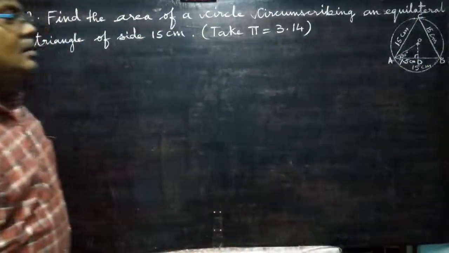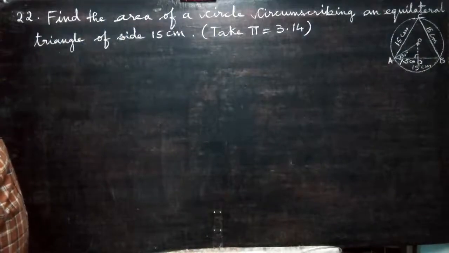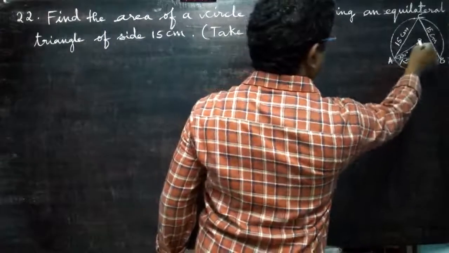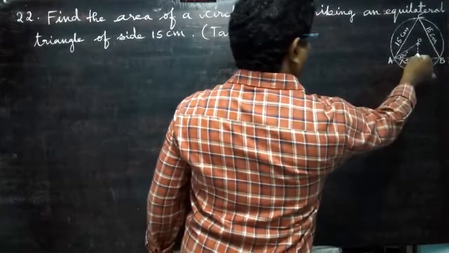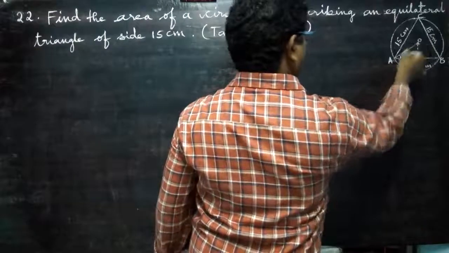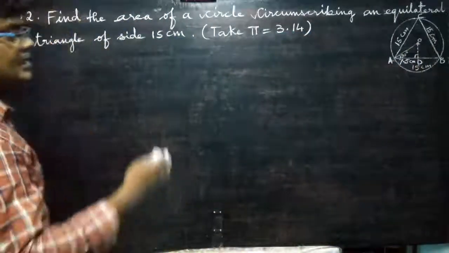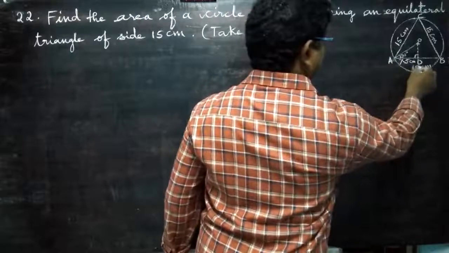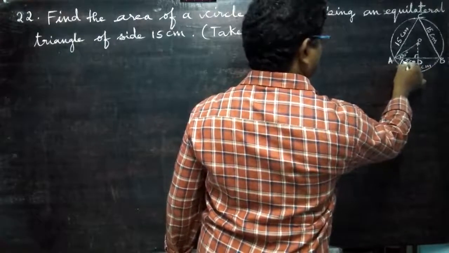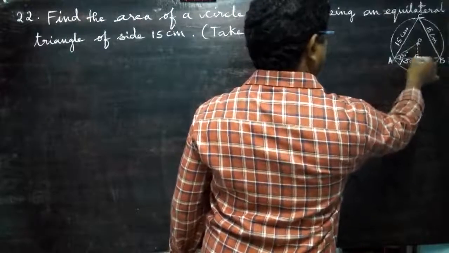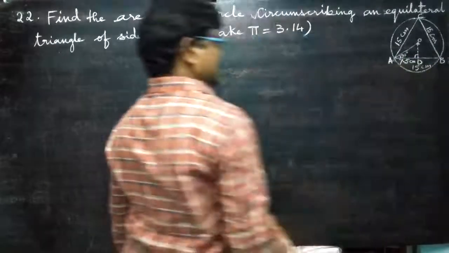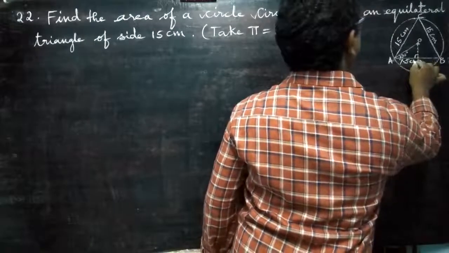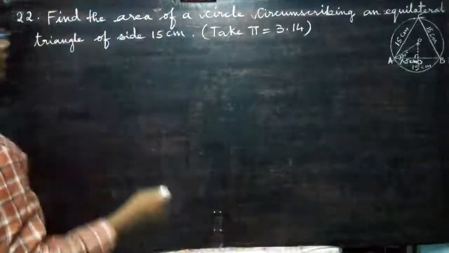Now ADO is a right angled triangle. Can you see clearly? So ADO is a right angled triangle. Which one is the hypotenuse? Opposite to 90. OA is the hypotenuse. That is the radius, that we have to find. So that much explanation is there. Next, AB is 15 centimeters. AD will be half of it, so 7.5 because the perpendicular bisects. 15 half is 7.5 centimeters.